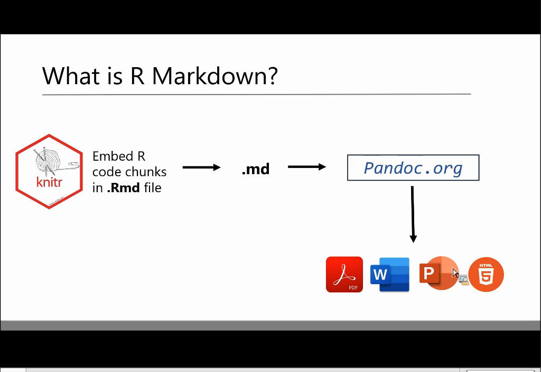So the knitting part is to execute and then knit the actual results back into the Markdown document. So it's an Rmd file, and then it takes that, does the knitting, turns it into a Markdown file, and then we end up with that same Markdown language. Now, part of the development of how this all worked was this piece of software called Pandoc. So that essentially opened up